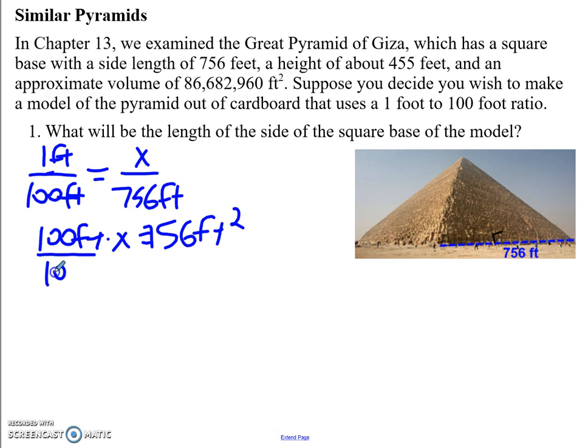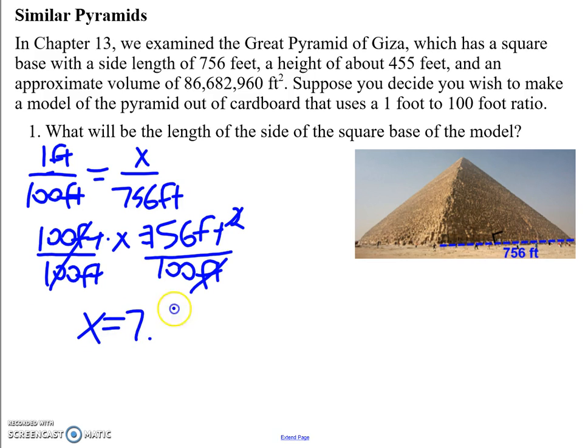So when I divide both sides by 100 feet, feet cancels one of these feet, and they're left. So x would equal 756/100 feet. So just a little over 7.5 feet